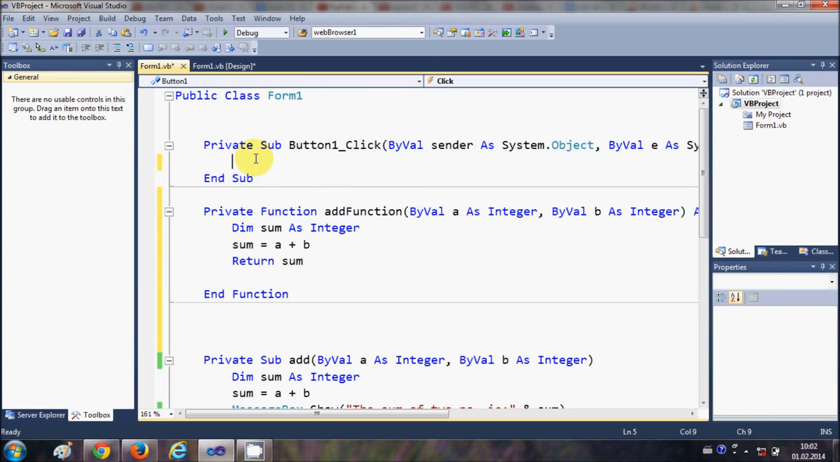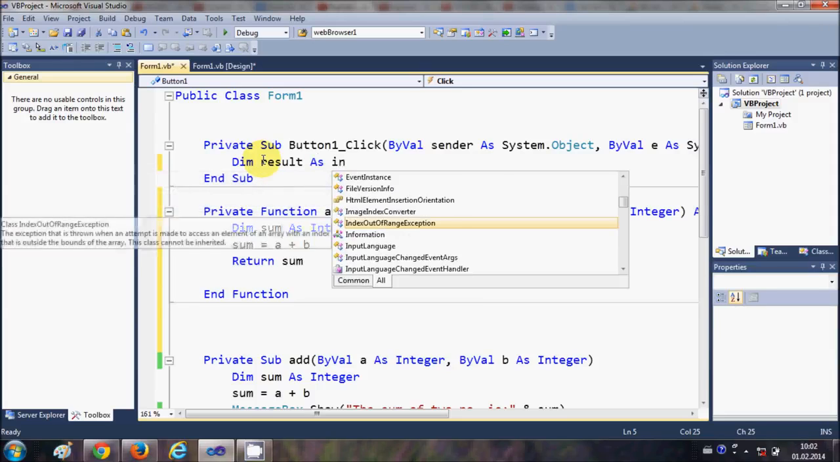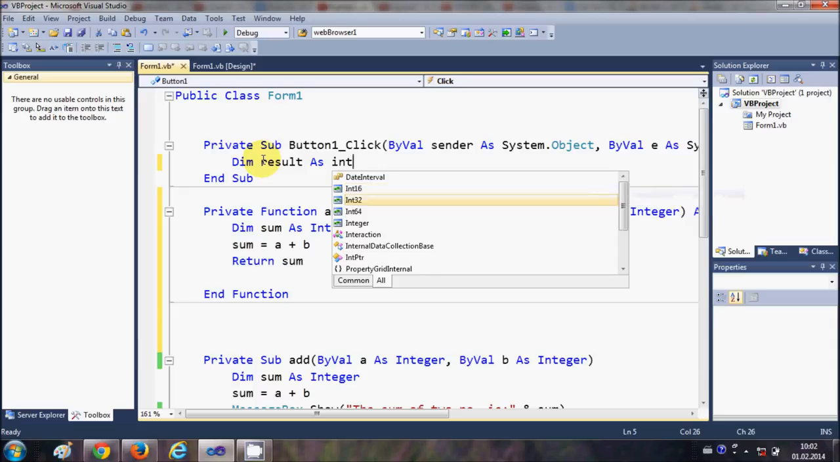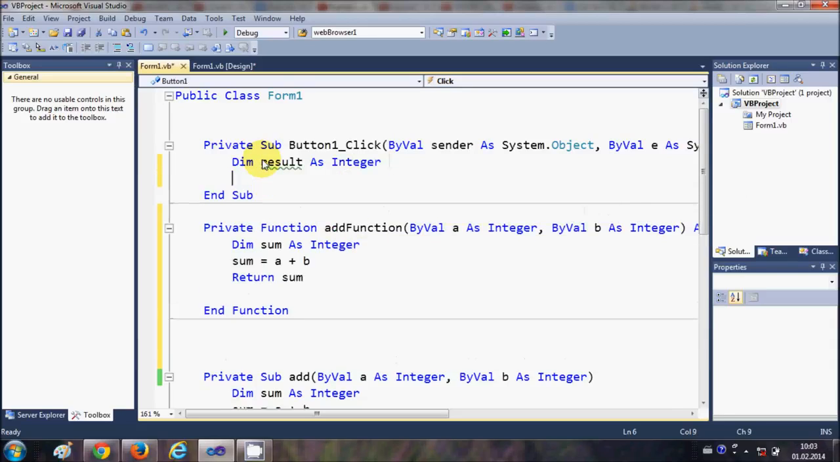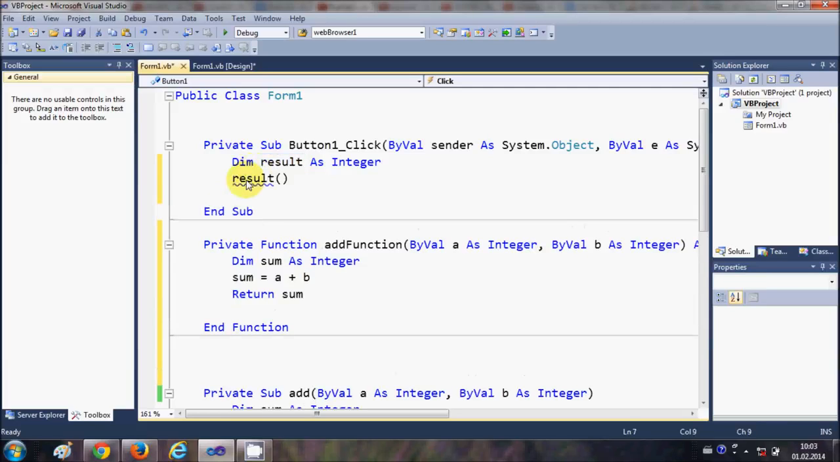Once again I come to the button click event, and this time I'm going to call a function called add function. But first of all, let me create a variable: Dim result As Integer. Why have I created this? Because I will store the value which is returned by this function in this variable. So I will write result is equal to,